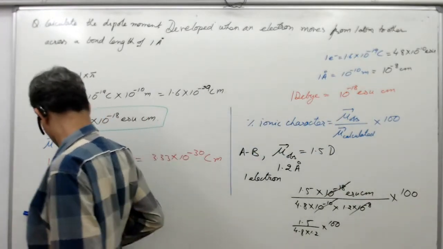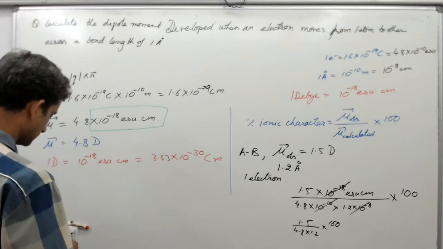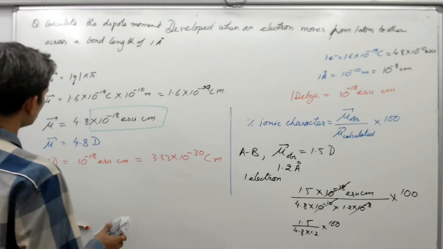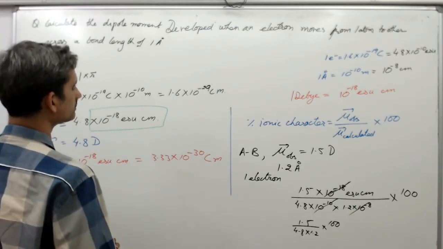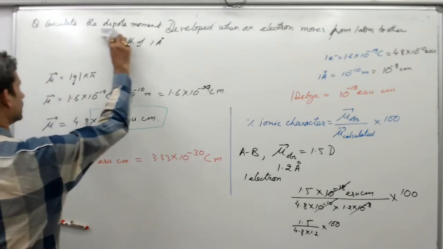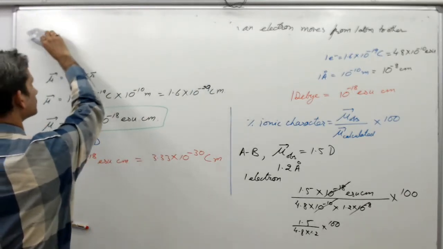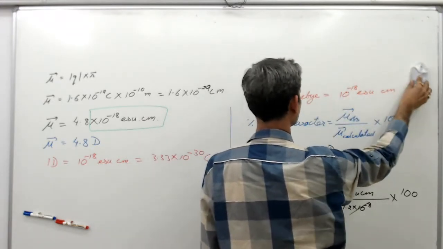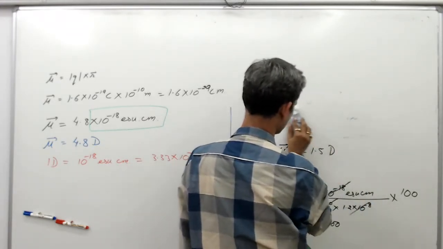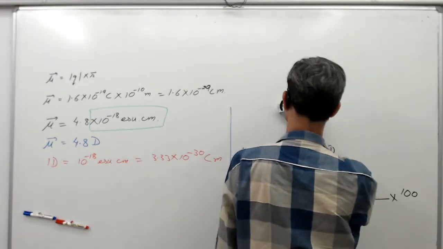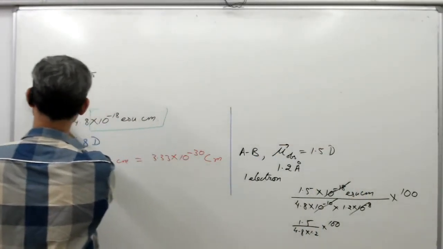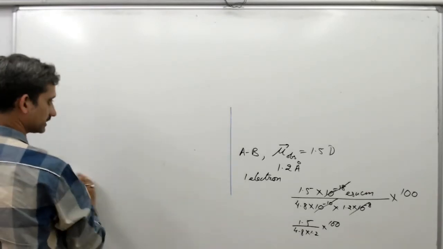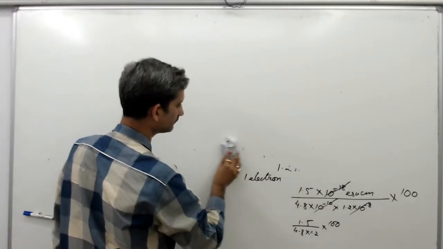Now, we have just talked about the dipole moment, its value, its ionic character. Now, we need to remember that this dipole moment is actually a vector quantity. Vector quantities can be added, they can be subtracted, and they can give a resultant. Now, if we have these vector quantities,